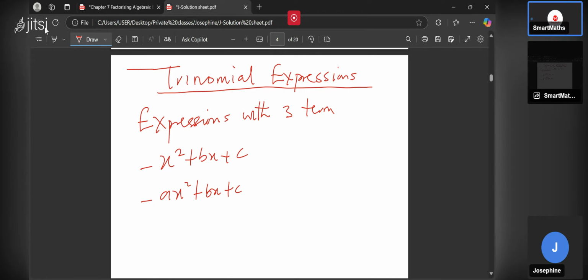Now, when you have an expression that has three terms, it will be easier for us to factorize such an expression because they are odd. How are you going to group? You're not going to group them in threes. So to do that, we have to make